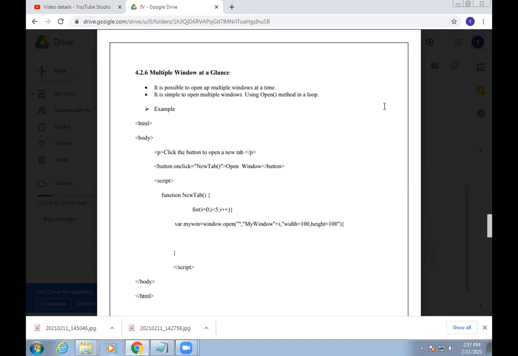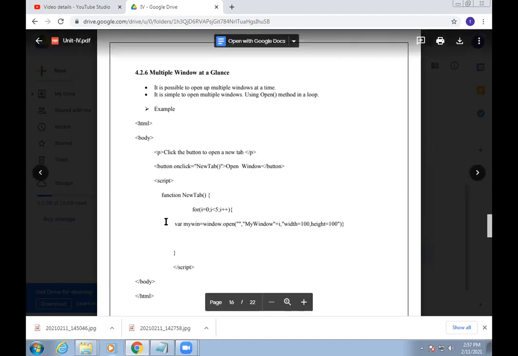Whichever value you put in the condition, it starts from 0 up to that value: 0, 1, 2, 3, 4, and so on. i++ gives the compiler the next position, up to whichever value you put in the condition. So we use the for loop on our window open function.